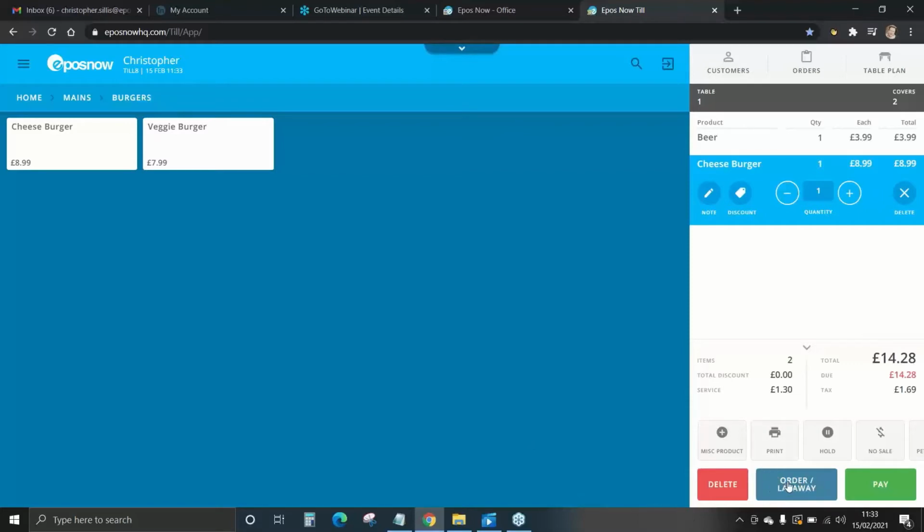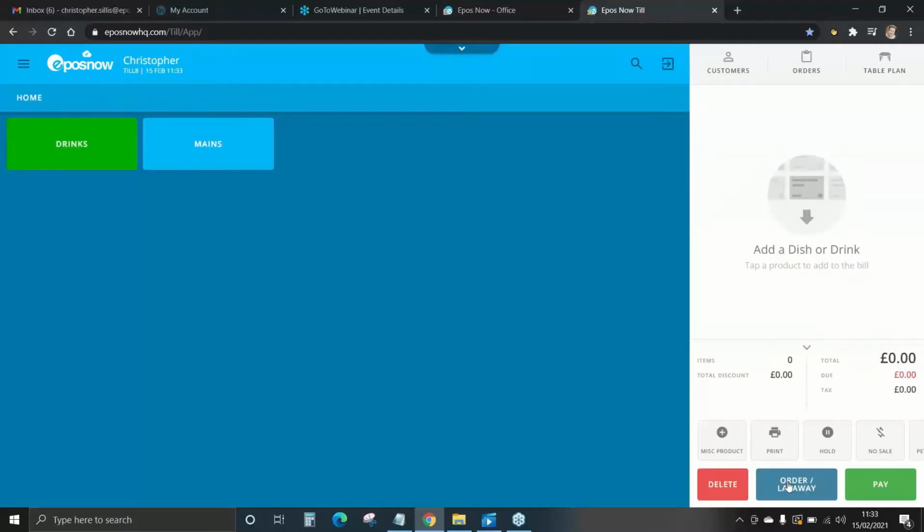This will send these orders to your selected order printing locations, maybe a kitchen for your chefs to cook the burgers, or maybe to the bar if this is a separate area. Once you press Order Layaway, the basket will disappear and you can continue to serve other customers. If the customer on that table would like to order more drinks, more food, or they would like to pay,